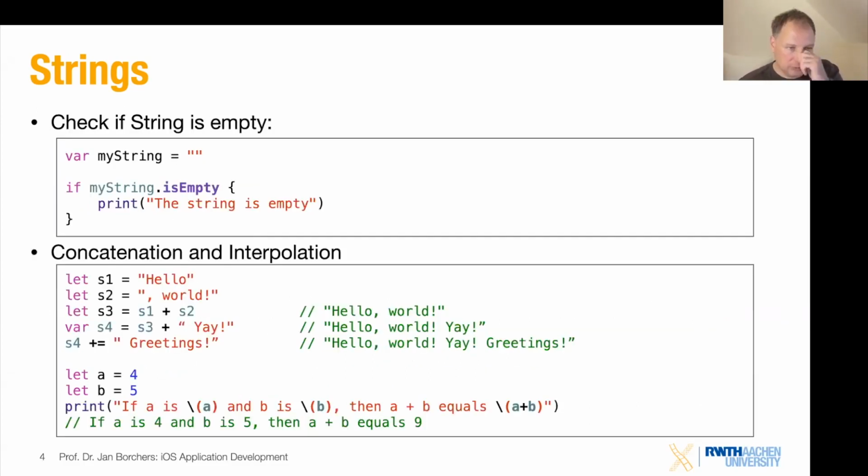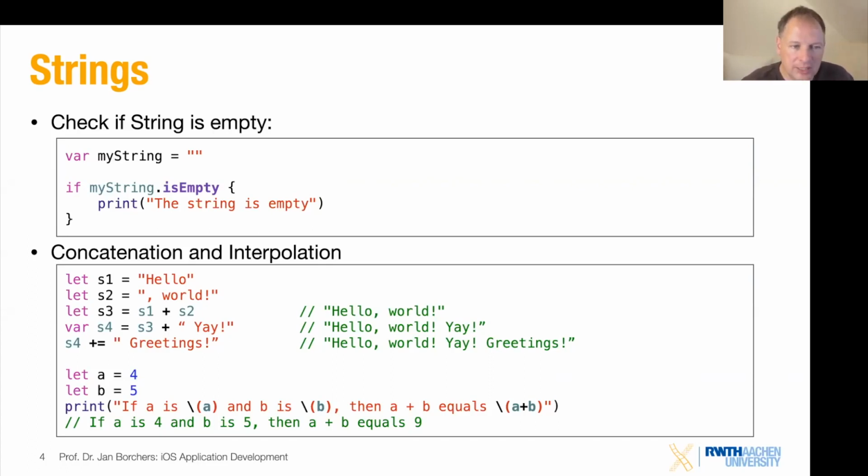Other things are very normal that you're used to. So for example, if you want to check whether your string is empty, you can actually call the isEmpty compound here. So this will tell you whether it's empty or not. You can just ask for that. Note this is not a member function with round parentheses around it, but you call on that just like you would call on a member of a struct, for example.